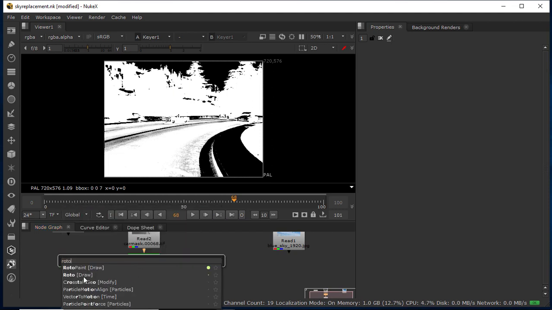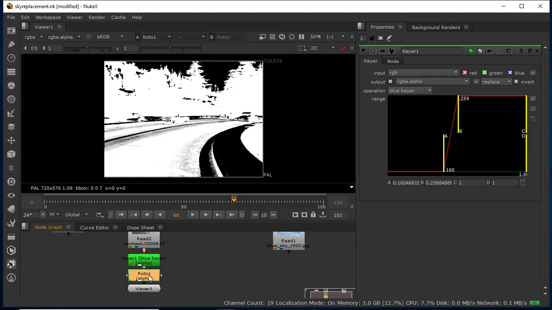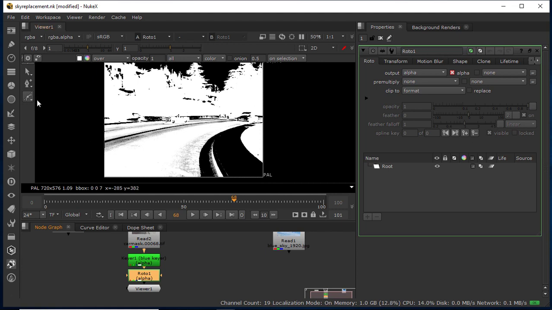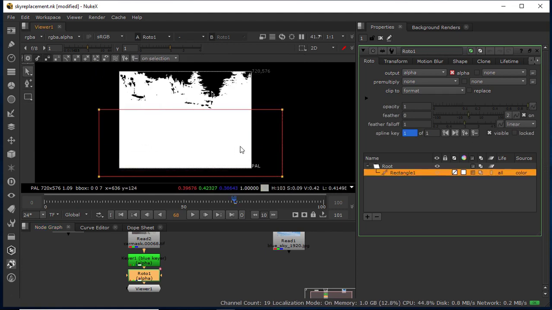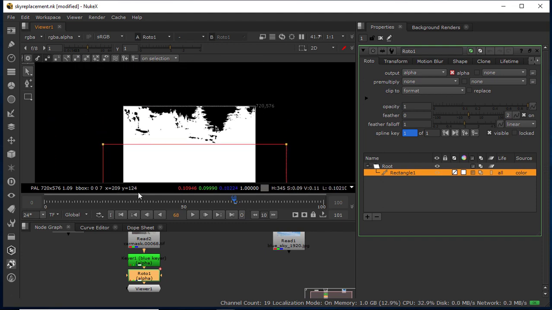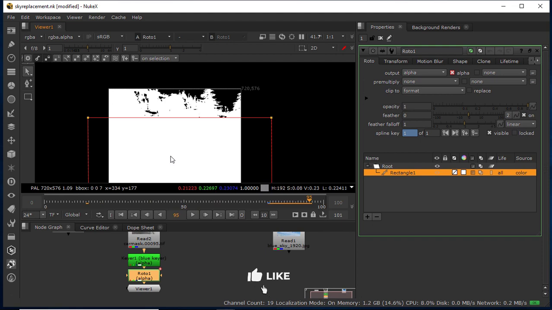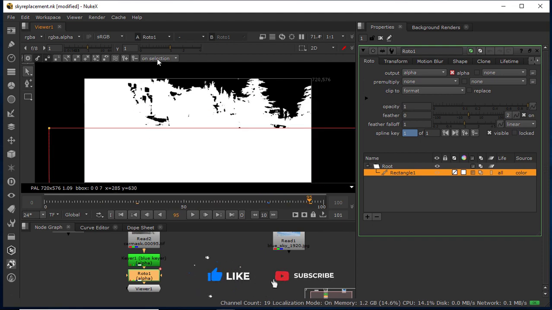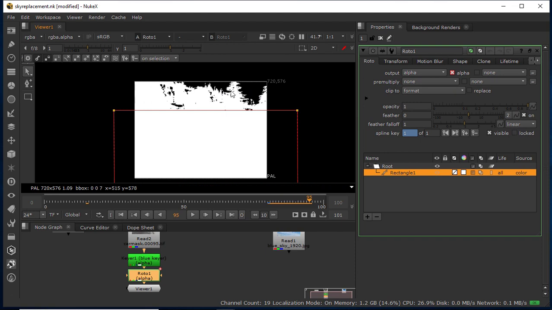Now select your roto node. After this, just create a large rectangle, then double click on your roto node. After this, from here select your rectangle, okay, downside. Now see, just check. Till here we have successfully created different shapes for your different areas, because this is near your separation points, okay. So you have to remember this one. This is far away from your separation points, so you can create a large shape here.